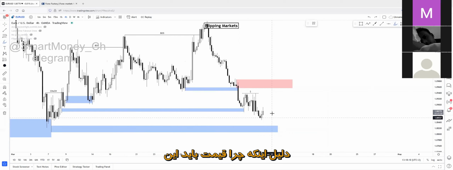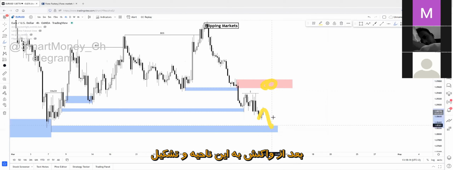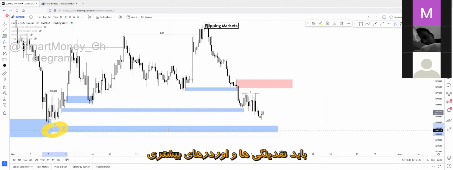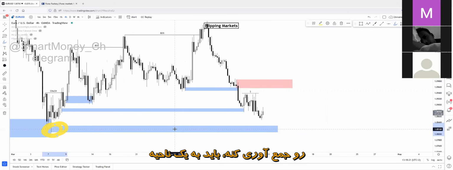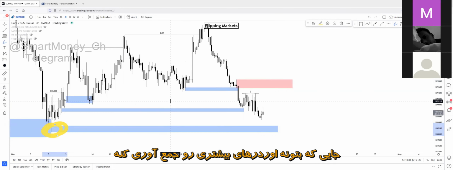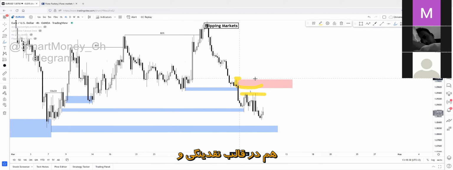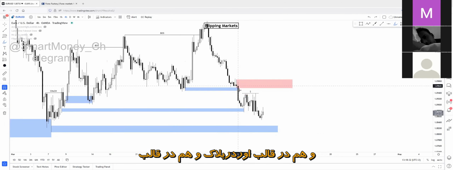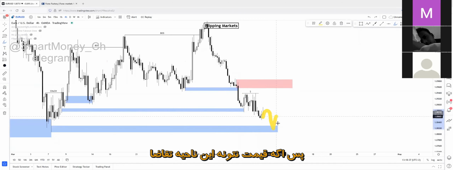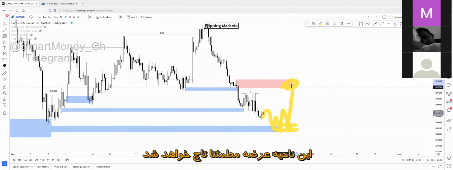The reason why price will react on this supply zone and tap this supply zone after a reaction and change of character on this zone is because if price can break below this low point, it has to collect more liquidity. It has to collect more orders. It has to tap a valuable supply zone, a valuable order block, where it can collect more orders from. And it can collect more orders in a form of liquidity and in a form of an order block right here, and in a form of an inefficiency right here. So if price can break below this demand zone down here and creates a change of character, this supply zone will be tapped for sure.